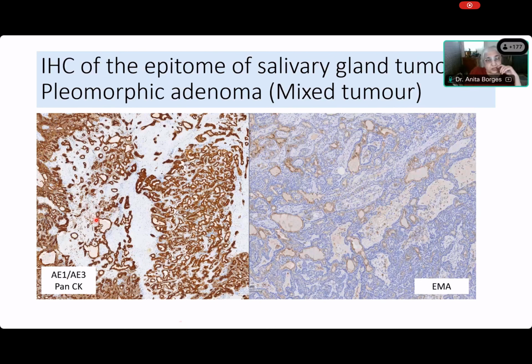All right. You don't see anything else, Akshara, that has taken up pan-CK? You see these little cells that are in the myxochondroid stroma? Can you see them, Akshara? Yes, ma'am, I can see. So are they positive? They are positive. Right. Do you see? So what are they? Myoepithelial cells. So what is your problem over here?